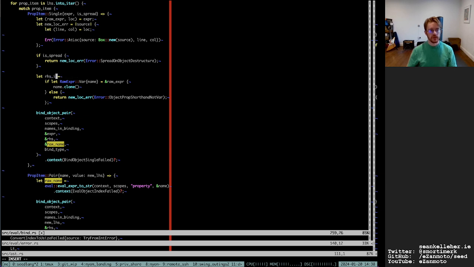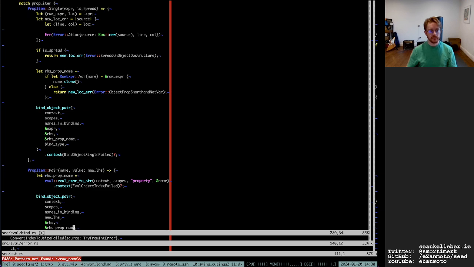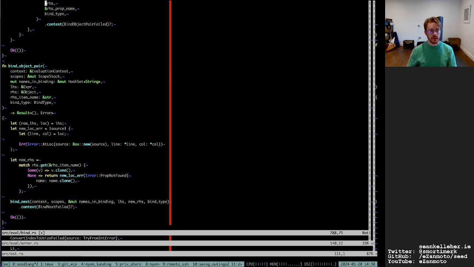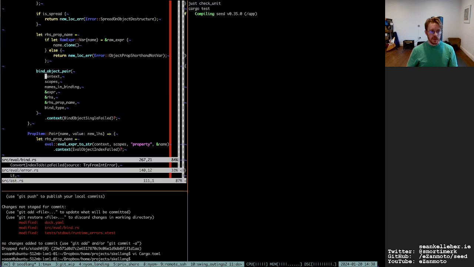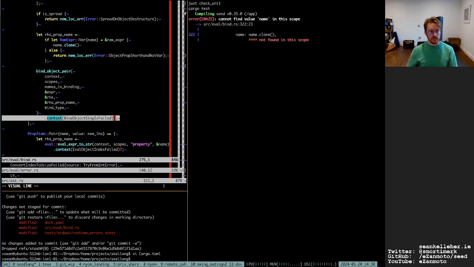And I'll say RHS prop name. And I'll do the same down here as well. And let's see how we go here. I would like to add the name to these parts though.